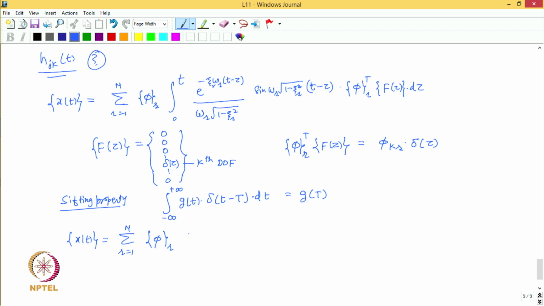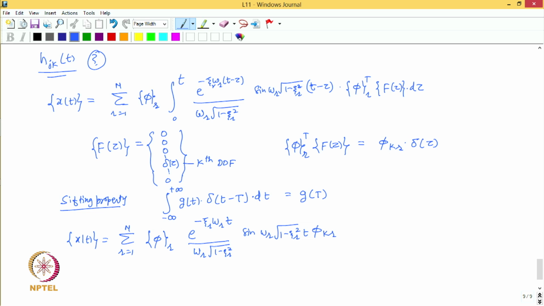So, this expression after integration would be simply minus zeta r omega r t upon omega r under root 1 minus zeta r square into sine omega r under root of 1 minus zeta r square into phi k r,